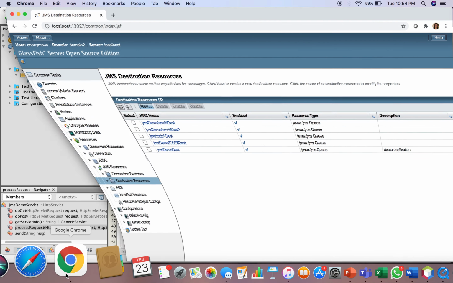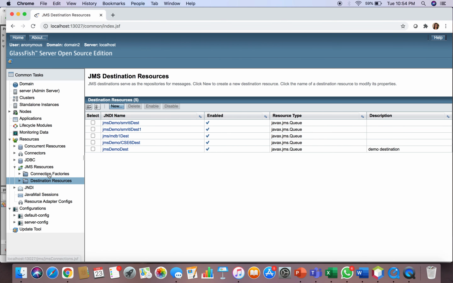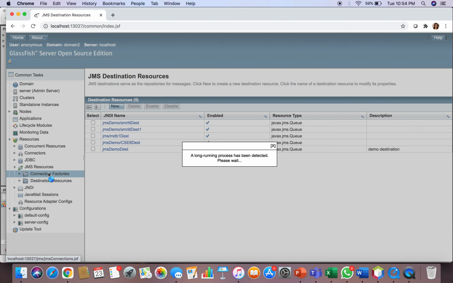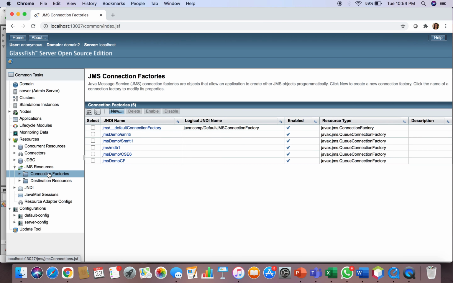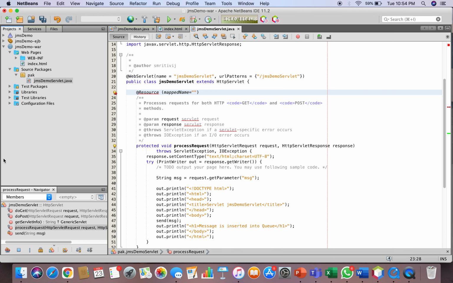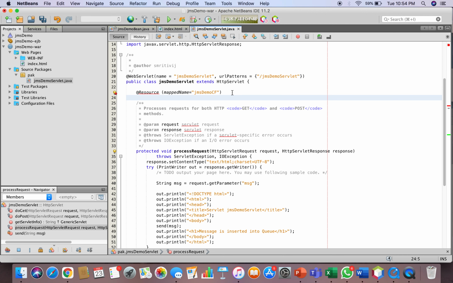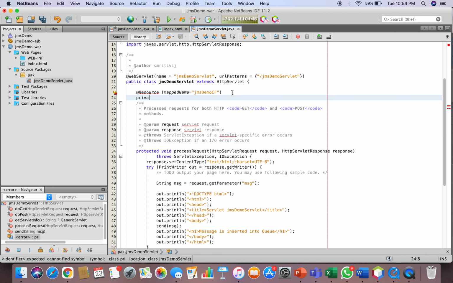So you can go to your console and click on your connection factories, and the connection factory that you created is visible. You can just copy the name from here and paste it inside the double quotes without any space.